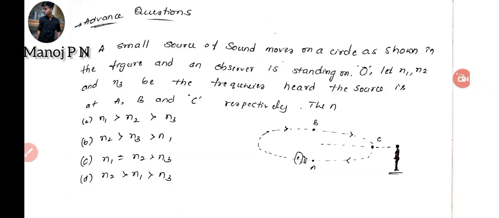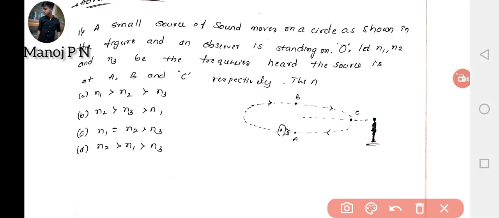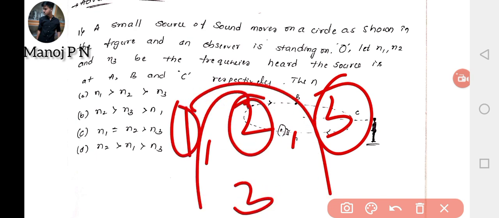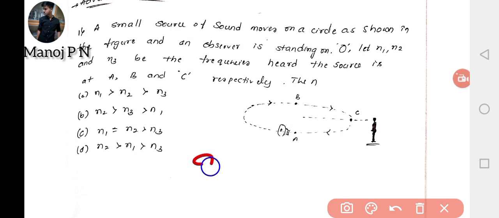This is the order. If you ask for a cheat trick for the first one, it is very easy. If the motion is circular, we can conclude directly: N2 is greater than N3 is greater than N1. If they have given any frequency values, for example 1, 2, 3, the largest one will be placed in the center, the second largest in front of that, and the third largest after that. So the order will be 2, 3, 1. This is how we can solve the first question.